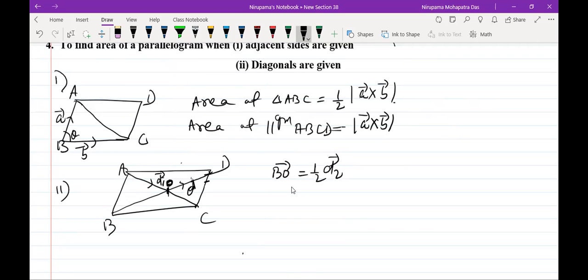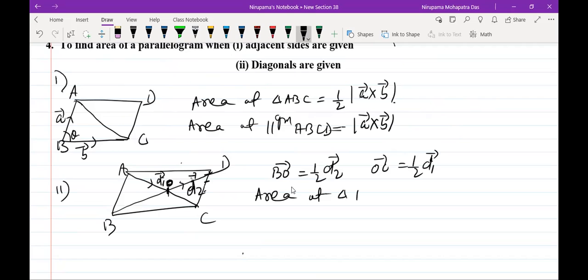Okay, this is D2 vector. And OC vector is what? OC vector is half of D1 because the diagonals of a parallelogram bisect each other. So here OB equal to OD, AO equal to OC. So area of